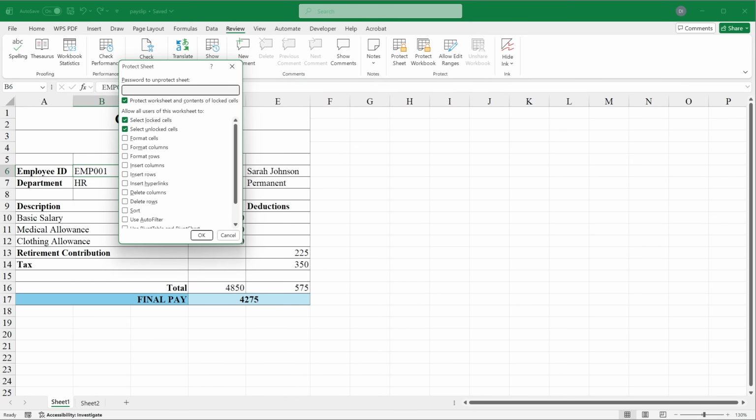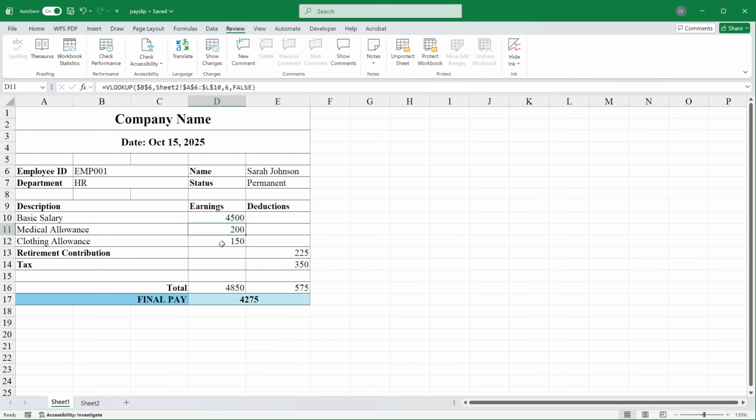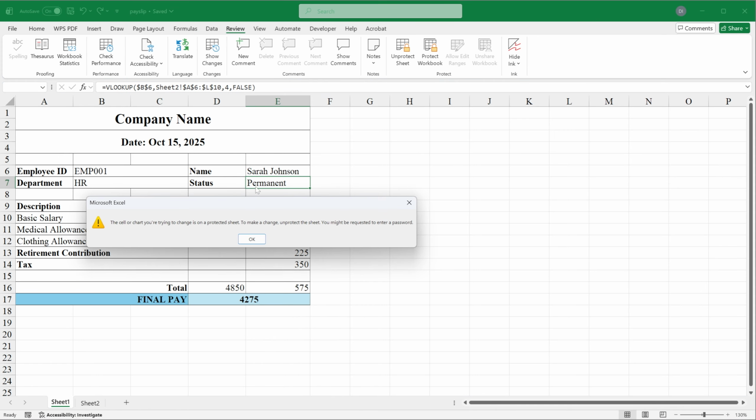And if I want to add a password, I can definitely do that. So say for example, I'm going to go ahead and do this. Hit OK. One more time. There you go. Now this time, if I'm going to go ahead and double click everything or anything here in